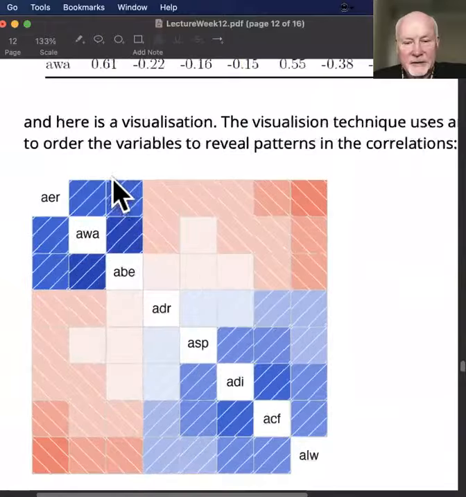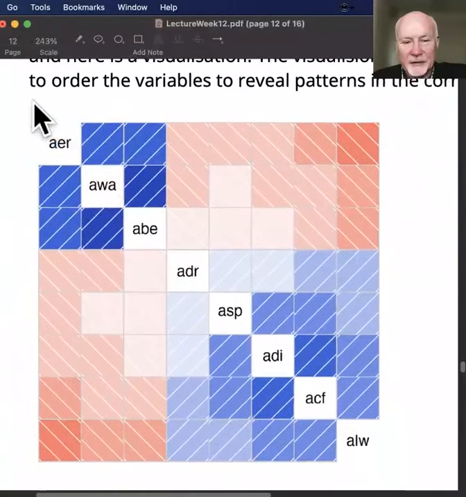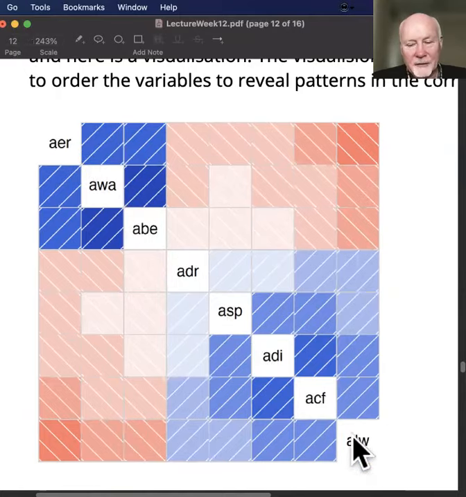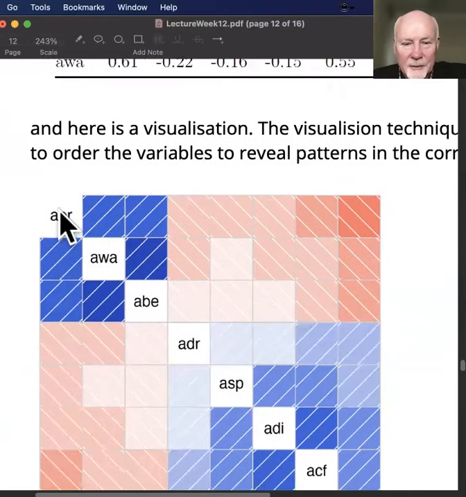And there's a visualization. This thing's called a correlogram. So it's just a way of visualizing correlations. And I've used a little artificial intelligence routine to find the order of variables here that gives you the clearest picture of the correlations. So here, the blue color means the strength of positive correlation, and the intensity of red means strength of negative correlation. And so what you see, AER, AWA, and ABE, these are, if I remember correctly, these are the sort